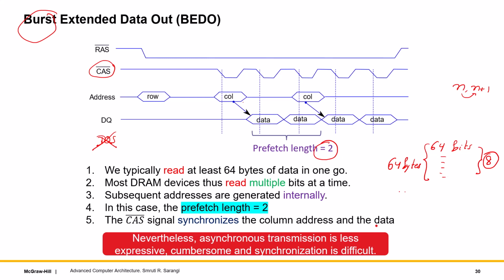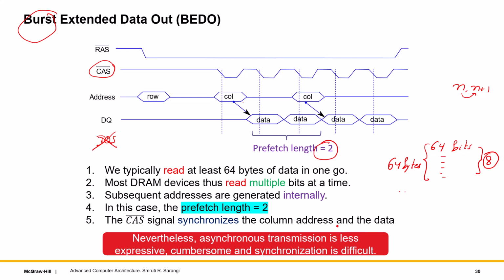The fact is that this is more efficient, no doubt, than EDO. BEDO is more efficient, and I can increase the prefetch length, so things will get even more efficient. I can make it 8, for instance. That will make the process of transmission more efficient. But still,